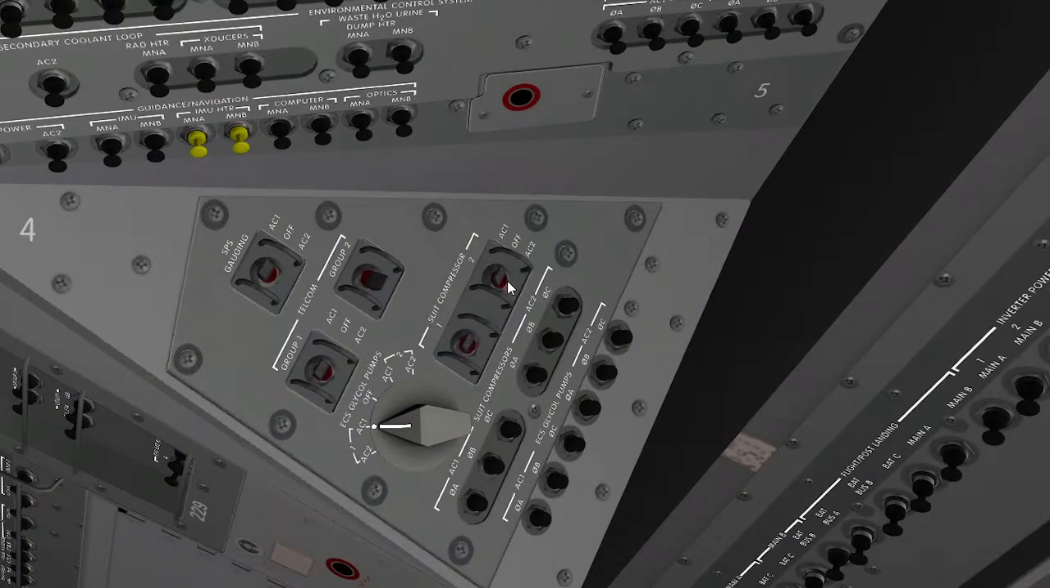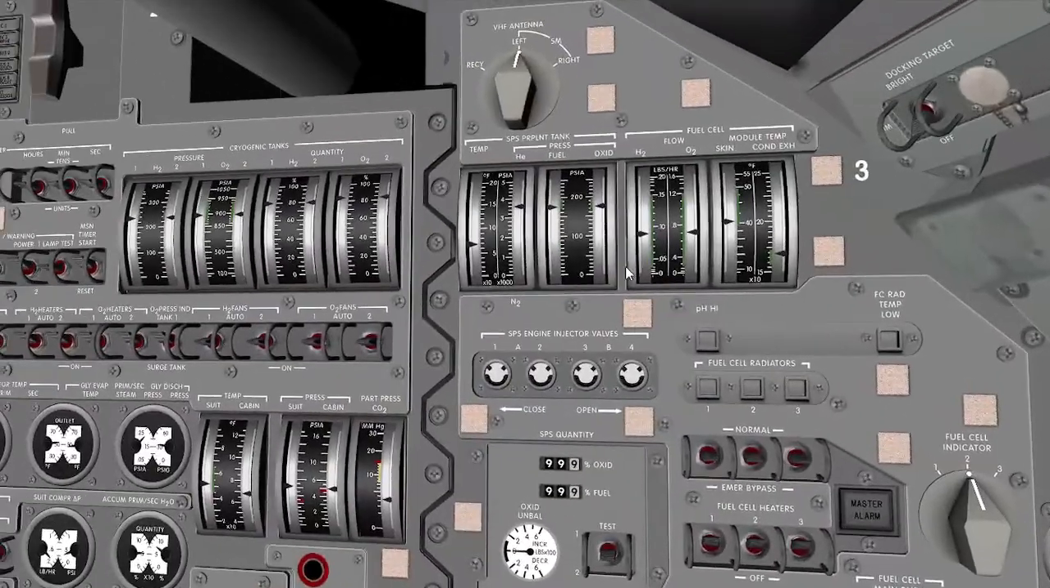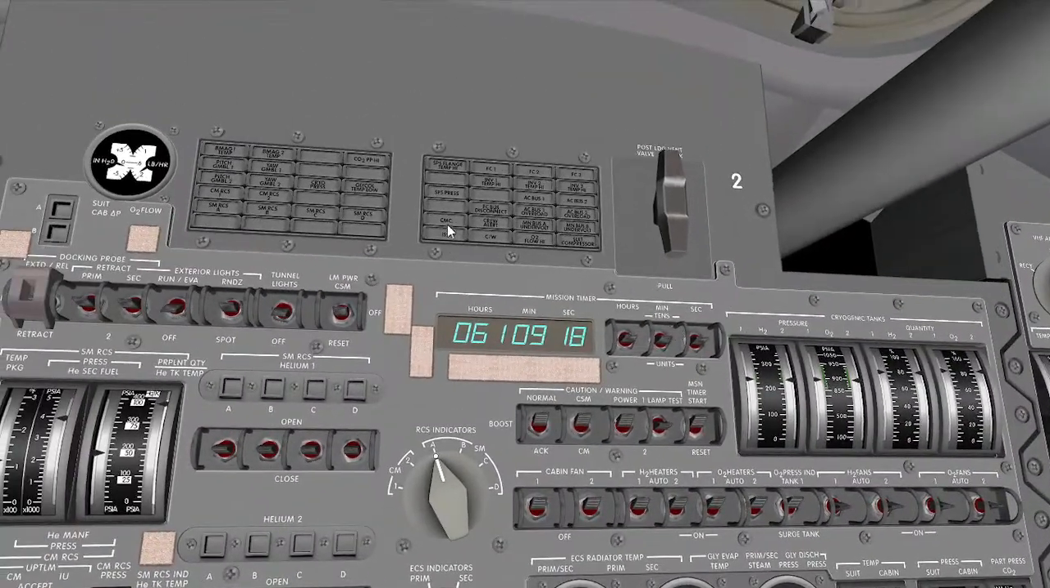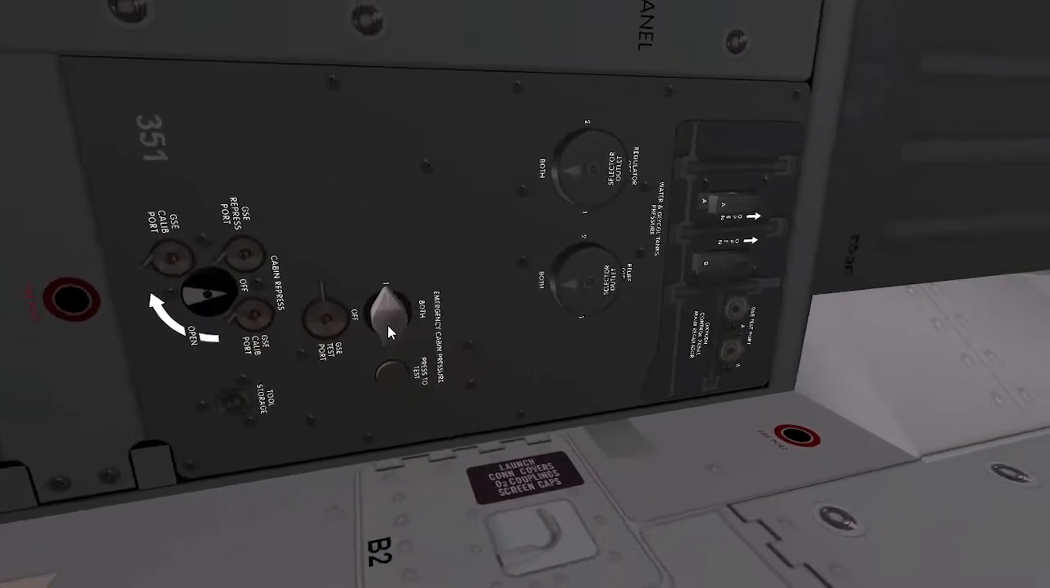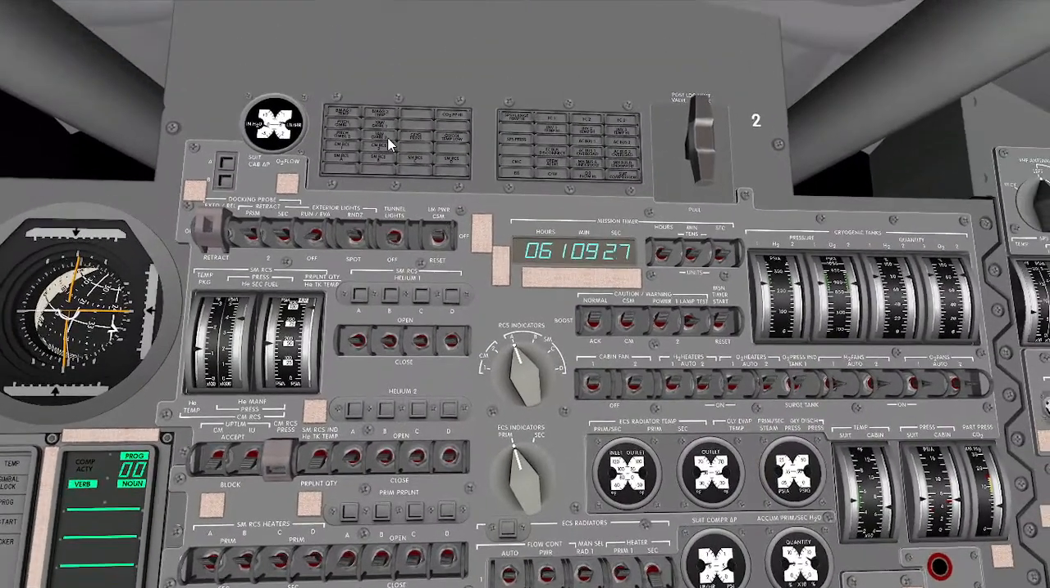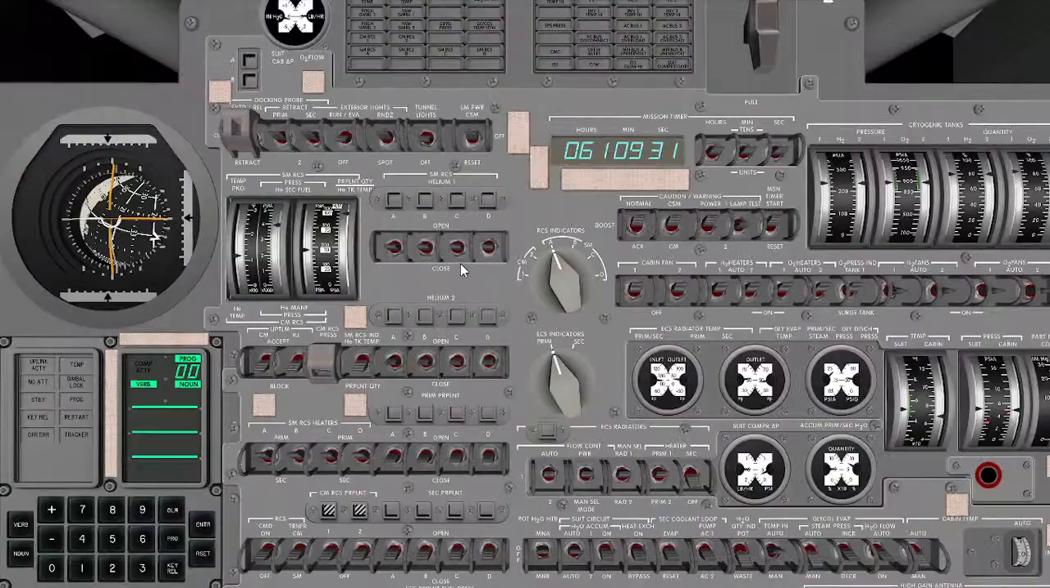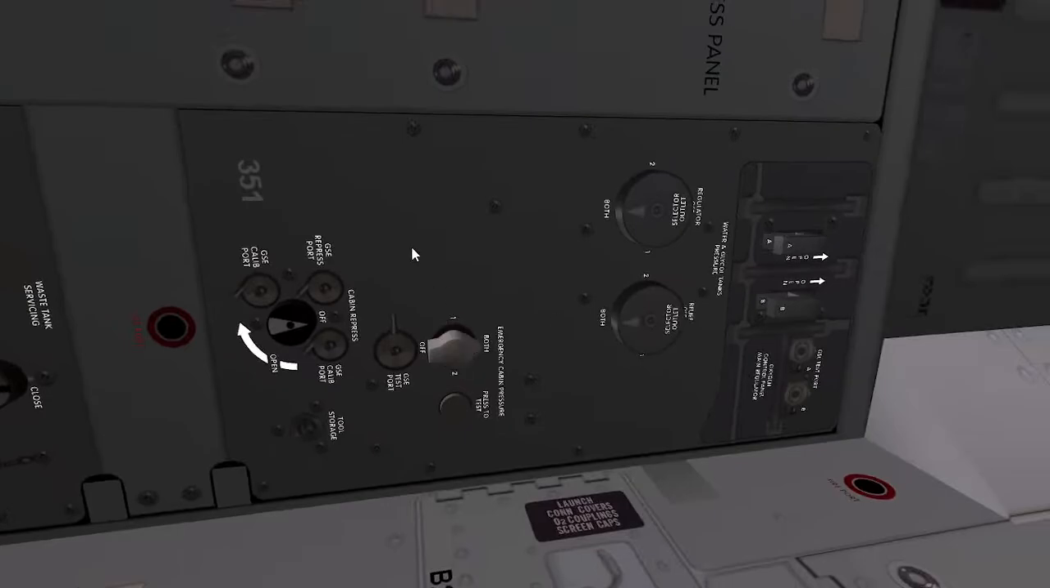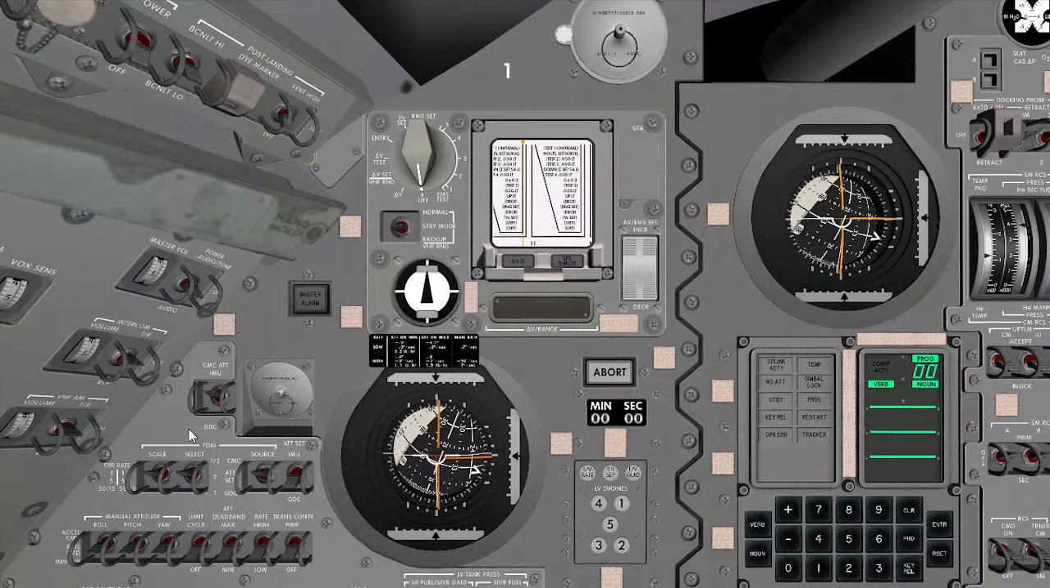Okay, redundant component check. Suit compressor 1 is engaged. No master caution. So suit compressor is go. O2 regulator A is go. O2 regulator B is go. Okay. Open coolant